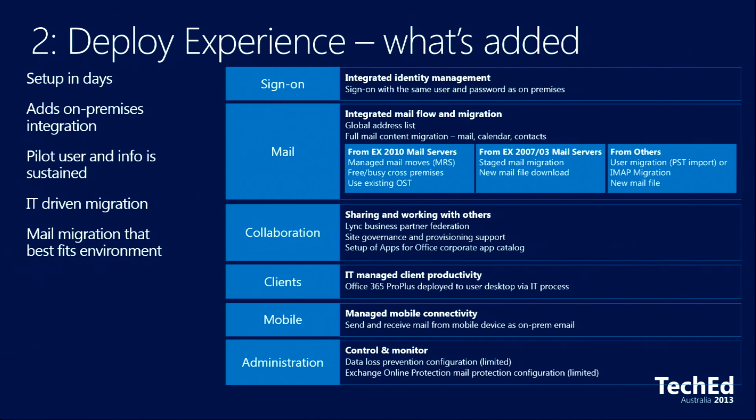So while we've gone through this pilot experience, we've set up all of the web-based technologies, we've got Outlook Web Access up and running, we're now looking at some of the client-side integration pieces. And what I want to do is hand over to Yoni briefly to talk about some of the things around specifically the Office piece, deploying the Office client from Office 365, and what are some of the differences there, first of all. And then we'll start to move into some of the other pieces around the setup process that you can look at as well. Okay. Thanks, Ben.